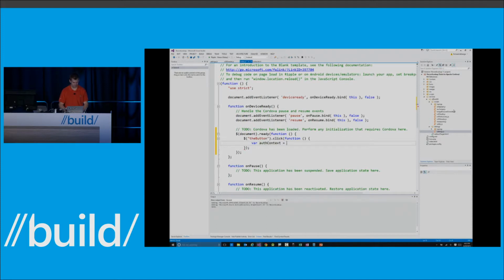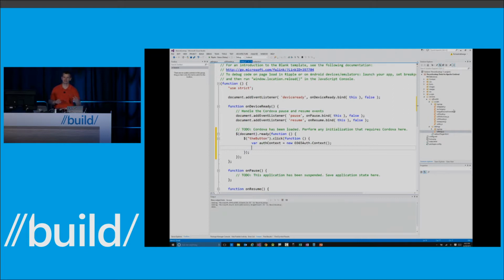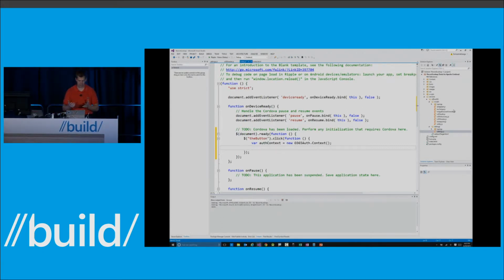And we're going to make this equal to a new O365Auth.Context. From here, what I'm going to do is initialize this to go and get the first of two tokens. If you've worked with OAuth before, usually I get a context token first, and it returns a code for me, and then I go get an access token that I can use to actually perform operations. So that's what I'm going to do here. We'll go ahead and get our context token. So we'll say authContext.get